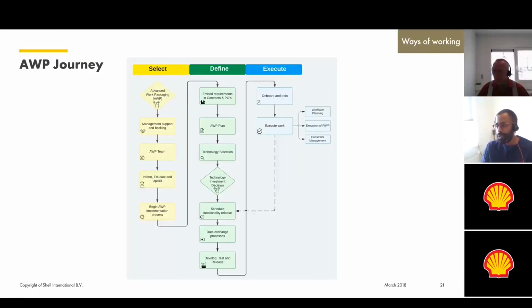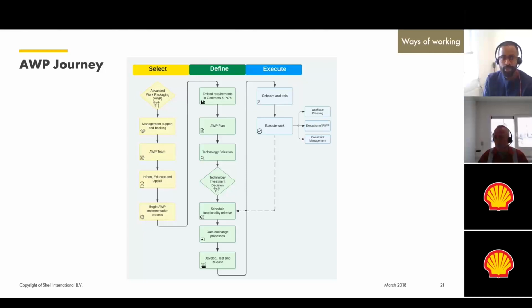We are to this phase where Jerome tells us the journey for how to implement it. Yep, thank you, Rob. Good morning, good afternoon, and good evening, everyone. My name is Jerome, and I am lead on the Red to Green project. Over the next few slides, I will be providing an overview of our AWP journey and how O3, the application that we use to support AWP, was rolled out.